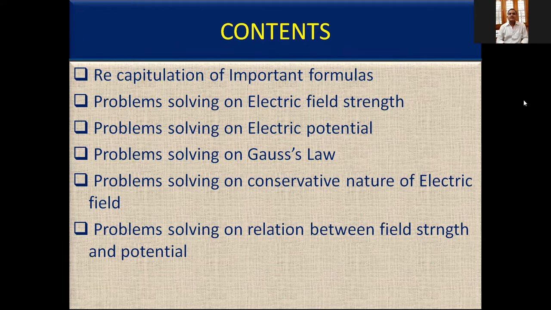The contents are: first, recapitulation of important formulas. Then we will solve the problems on electric field strength, electric flux. Then after electric potential, we will solve problems on Gauss law. Then the conservative nature of electric field and the relation between field strength and potential. So in the present lecture, let us solve the problems based on different concepts. So the first problem I am writing here: